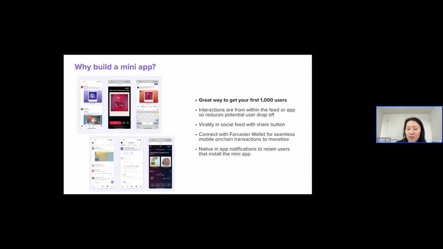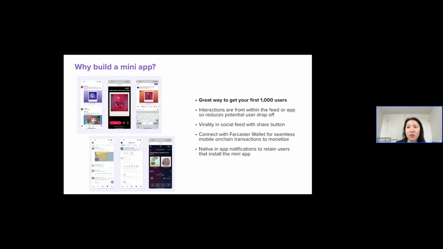And then as I mentioned, we have our own embedded wallet, so you can have on-chain transactions. And a hugely underrated benefit is you actually have the ability to notify users that add your mini app. So you can send notifications and updates if there's a new release, or a new reward pool, or some challenge going on.